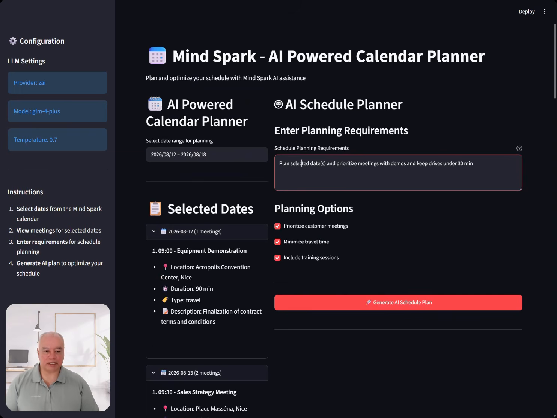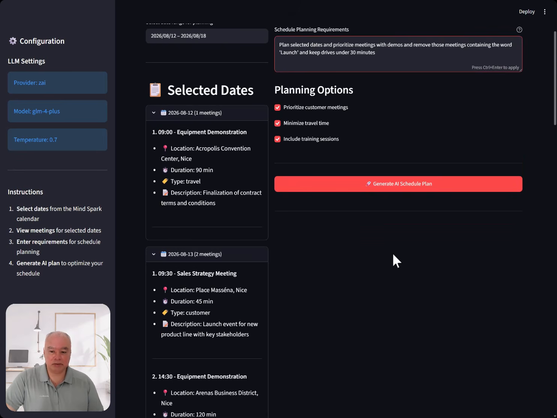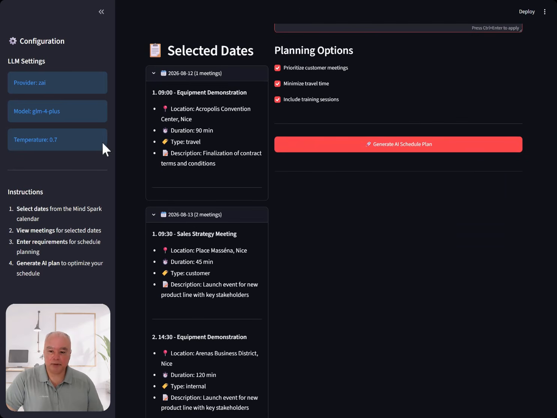So let's specify that here in the prompt. Plan the selected dates, prioritize meetings with demos, and remove those meetings containing the word launch, and keep the drives under 30 minutes. You could also select here, check which prioritization if you want customer meetings or minimal travel time, training sessions, include them. In this case, we're just going to leave them as they are. We already followed all the information here, and let's click on the